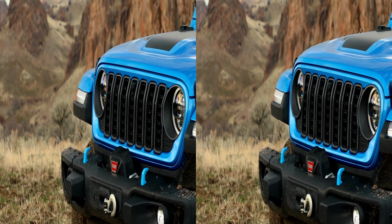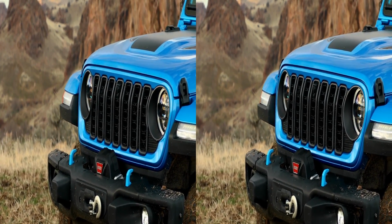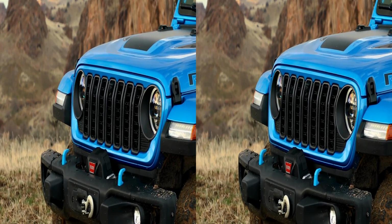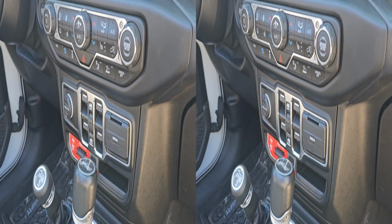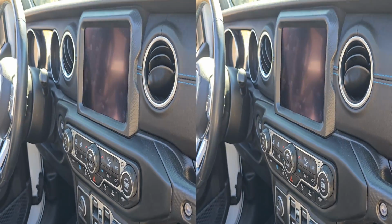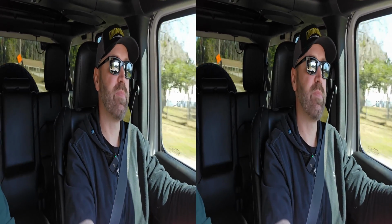Outside of the battery range, which of course anyone with any kind of EV would always love to have a little bit more of, any other suggestions you would have for Jeep if you were redesigning this vehicle? It would be nice if you could do over-the-air updates with it. It'd be nice if you had maybe some more tech improvements to kind of keep up with the state of the art. But overall, what I actually really like about it, though, now that I've kind of contradicted myself there,